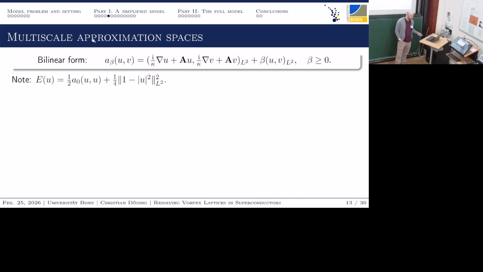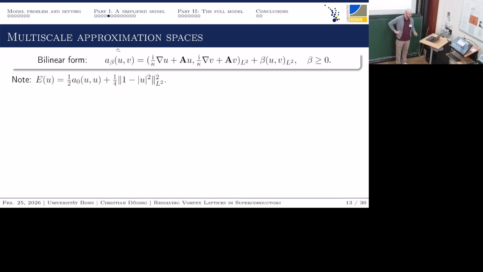So since we have this factor kappa that somehow governs the size of these vortices that we want to resolve, this is some kind of a multiscale or monoscale parameter. So that's the reason why we might think of picking a good approach for multiscale problems to test if this might be a good idea to get a good approximation space. And there will be the LOD coming on the next slide. So, and to define it, we